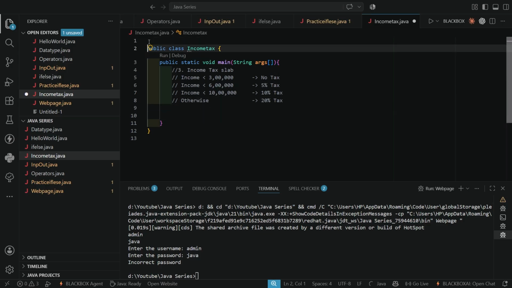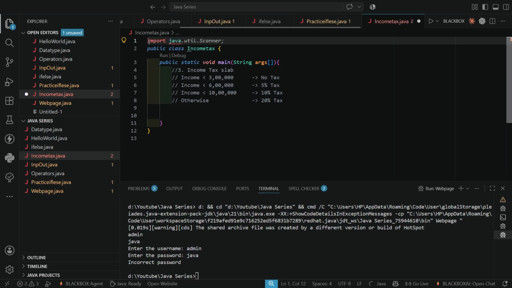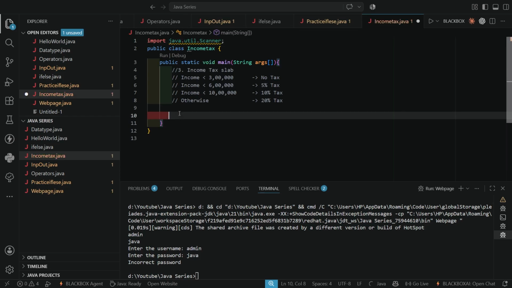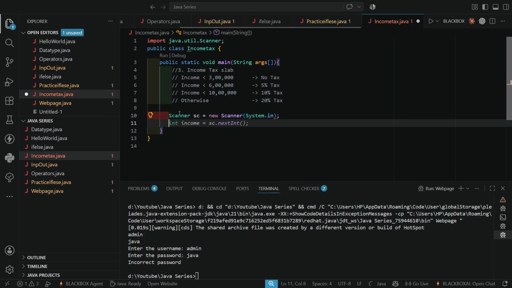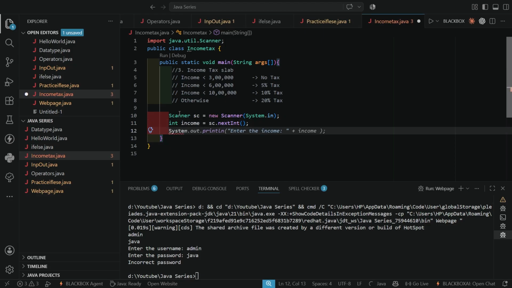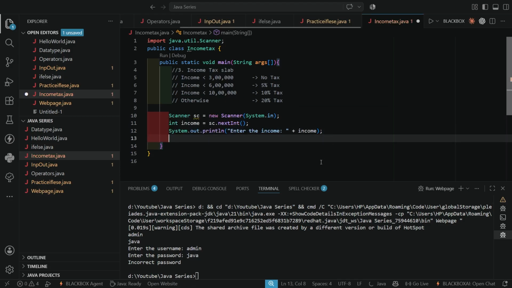Let us import the scanner package and let us take the income. So you will type it as enter the income, and now our program starts.